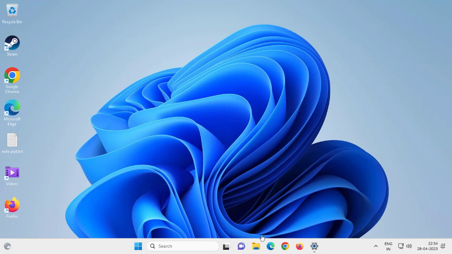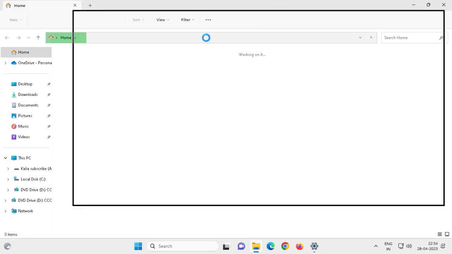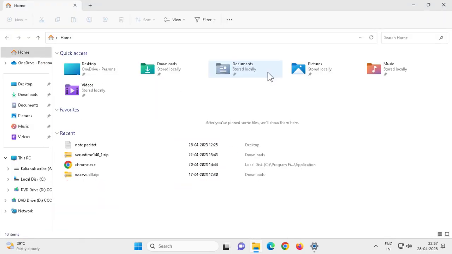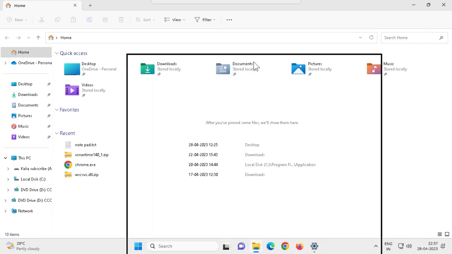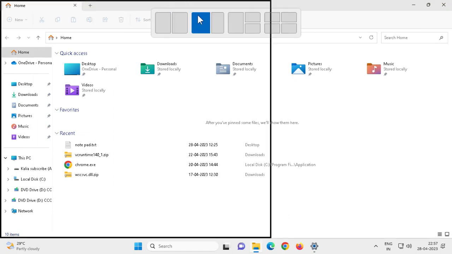For example, I'm doing anything over here. You can open anything in your computer. Just drag like this. Now I'll show you guys how to do that. Just drag like this, upwards, to the center of your menu, and you